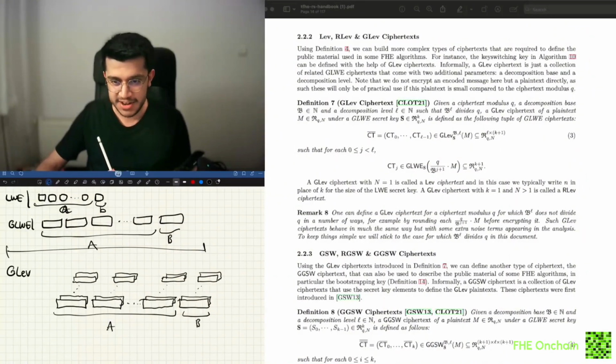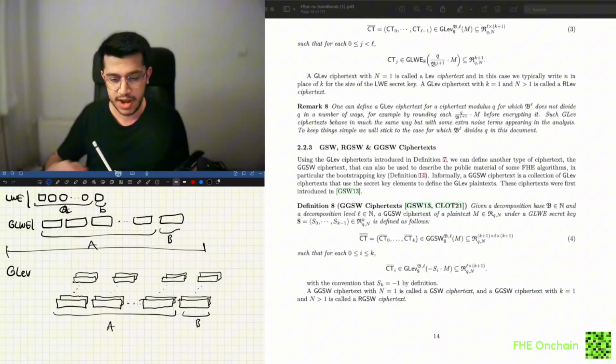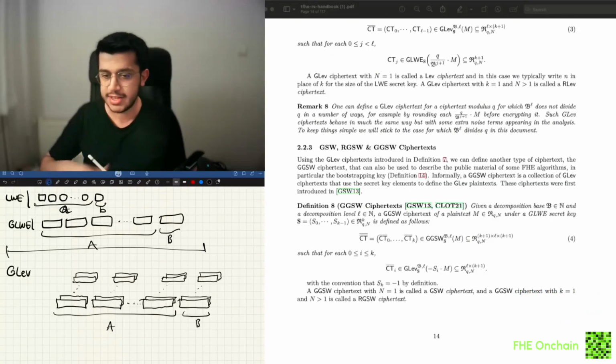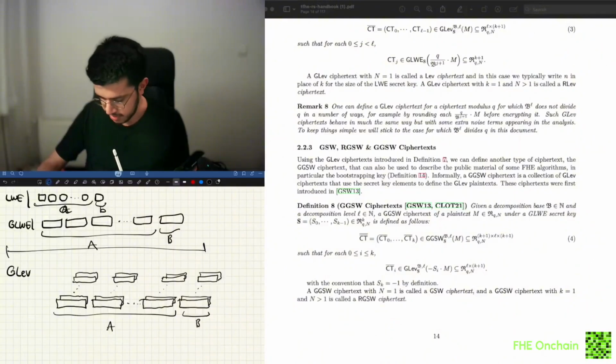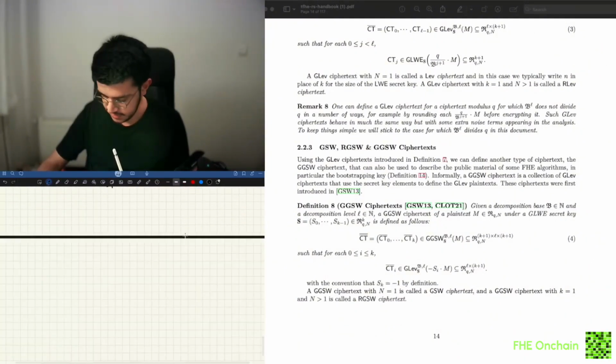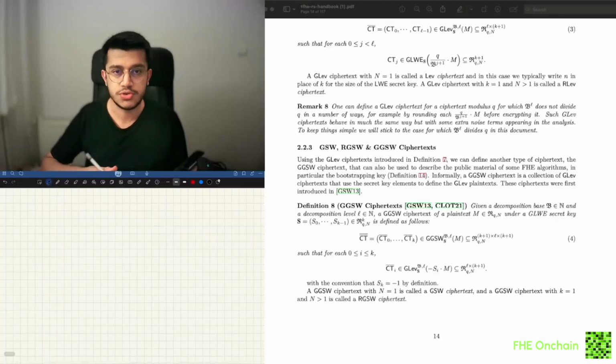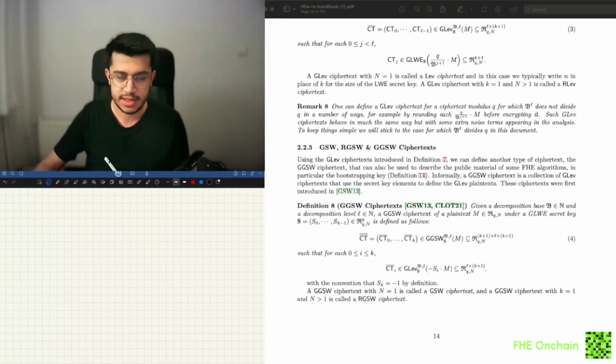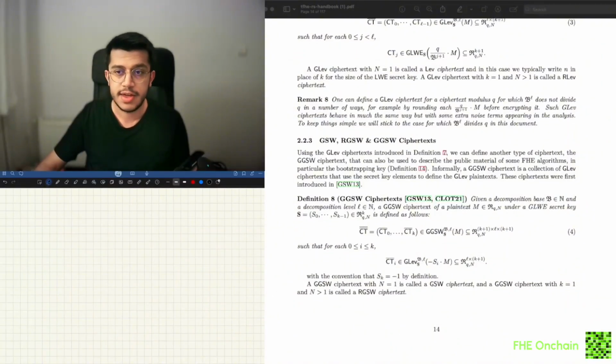Okay, we have another. This is even more complicated, but the idea is the same, so I think we will be able to understand it as well. It's called GSW, or in the most generalized way, GGSW ciphertext. So we have another decomposition base B, another decomposition level L, the same so far, and we have a plaintext M, again an element of the same ring, and the same setup continues, GLWE secret key S, but this time